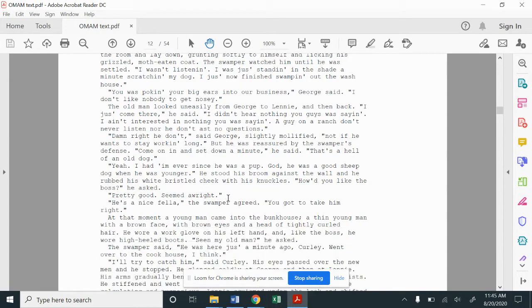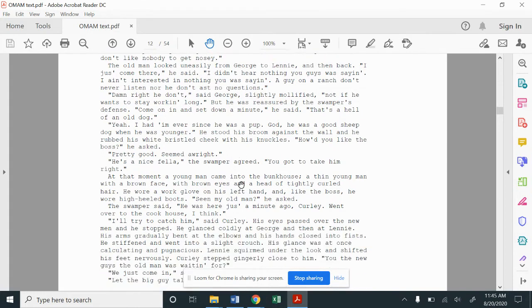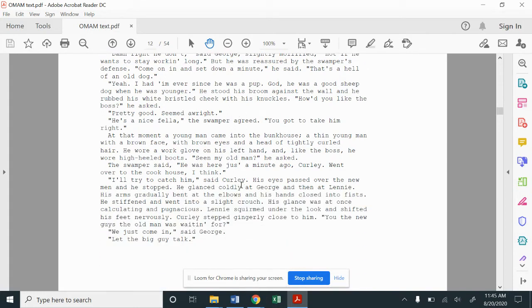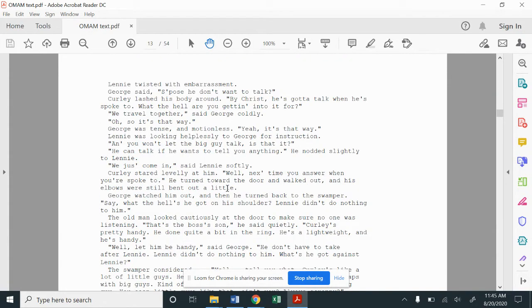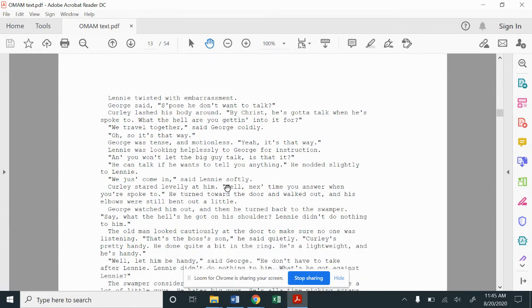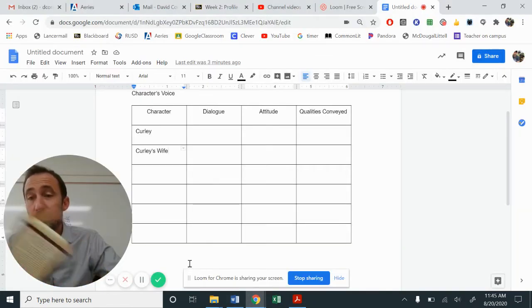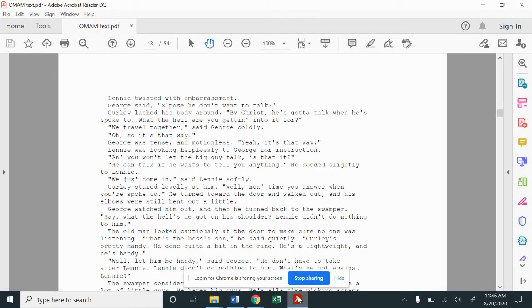Okay. So coming through here, George says, I'm trying to find the part where Curly comes in. Pretty good. He's a nice fella. This one. Okay, so then that's when George is. Oh, here we go. So they were introduced to Candy, the old swamper. Candy is introducing them to Slim, Crooks, who's the African American stable buck, and then in walks Curly. Okay. You'll notice here. Let me come back.